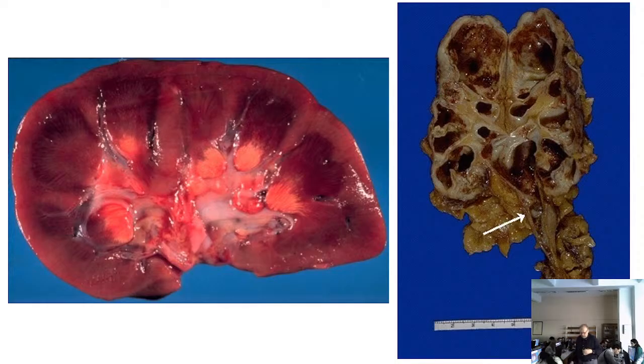But apart from this stone here, which has caused the hydronephrosis shown in the right image, we have another type of somehow stone-related pathology of the kidney, especially when we have an acute increase of uric acid in the patient's serum, as occurs when we have an increased destruction of cells, such as in a patient with leukemia who receives large amounts of chemotherapy and the nuclei of all leukemic cells break, so uric acid is released and causes this very dangerous condition, the urate nephropathy, because all this uric acid goes to the urine and